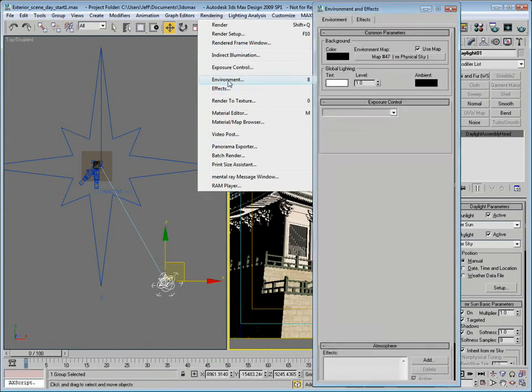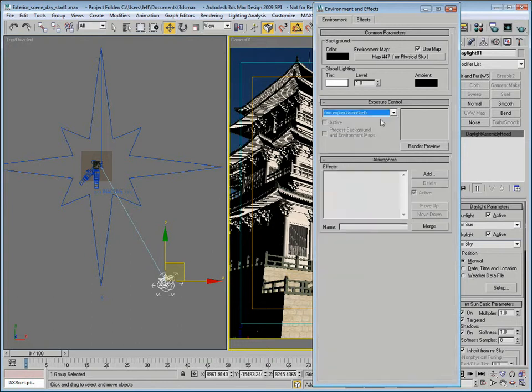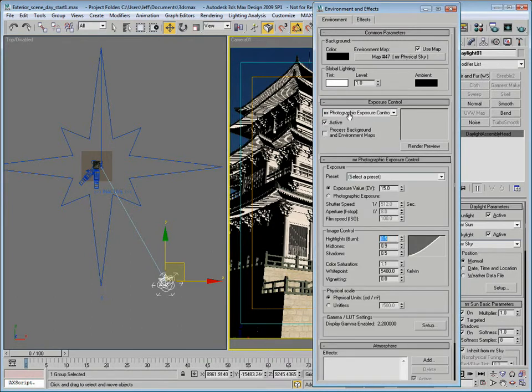So at this point what I want to do is set up my exposure control, and let me just come in here, and what you'll do is use the photographic exposure control. This should be the default values here. You'll probably see something like 0.15, 0.25, 1, 6500. That's probably what the default values look like. What I normally do is decrease this. I generally don't like that highest level of EV value here, or 15. I think something like 14 will give me the correct amount of brightness that I'm looking for. So what I'll do is leave that the way it is,